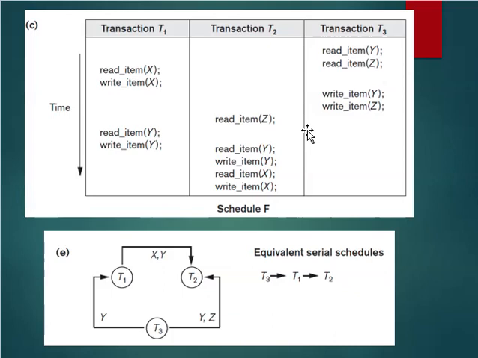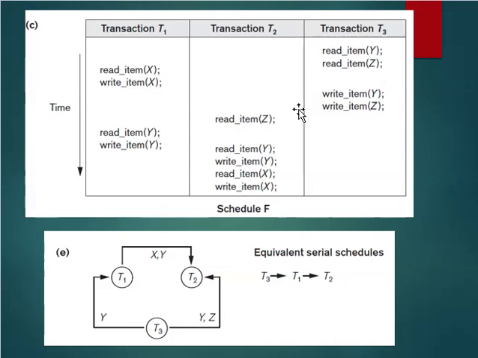Next you have to check whether the next operation, read item of X in transaction T1, has any conflict. It arises in T2, so you have to draw from T1 to T2. So here in the graph you can see there is an edge from T1 to T2 on X. Then you have to check write item of X. So we already plotted the graph.